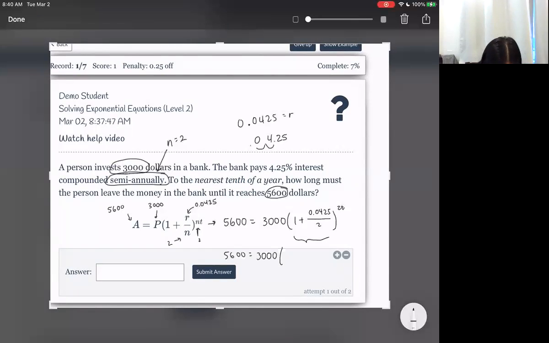So on my calculator, I get 0.0425 divided by 2. Okay, and then combine again. 1.02125 to the power of 2t. Okay, so here's our simplified starting formula. Now, we must try to get our exponential by itself. So the exponential is the 1.02125 to the power of 2t. We want to get that by itself, so to do that, we're going to divide by 3,000